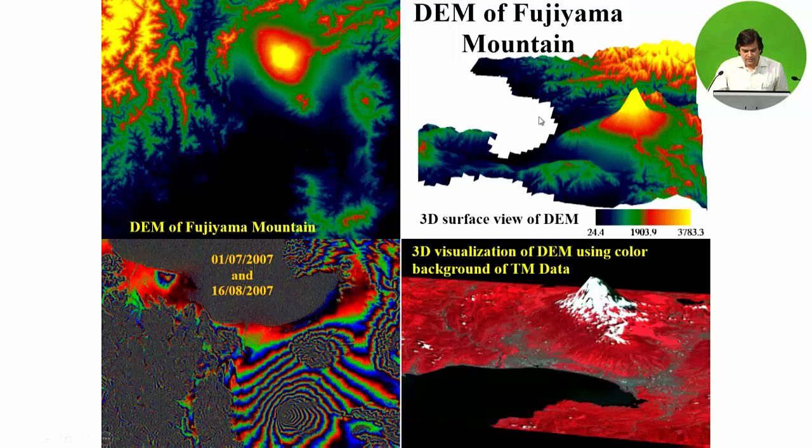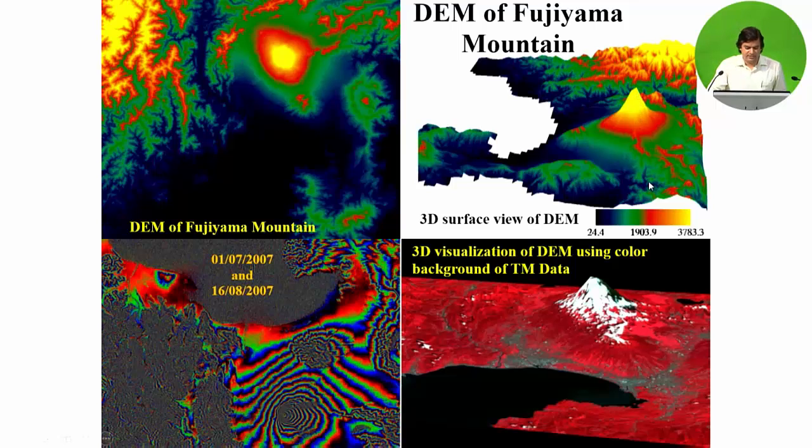Now the third picture is representing the digital elevation model and its three-dimensional surface view. Here we can easily see that high height is represented in yellow color, dark green is representing intermediate height, and blue color is representing the low height. The minimum height observed for this area is 24.4, and the maximum height observed, particularly for the peak of the